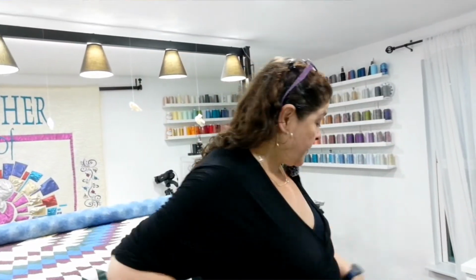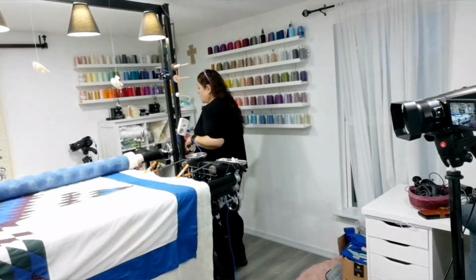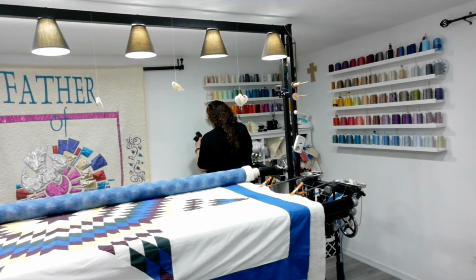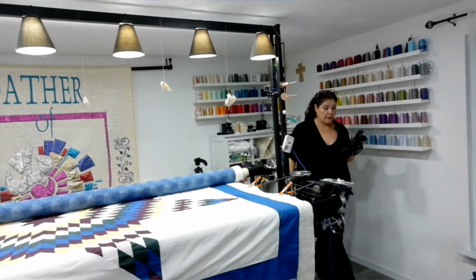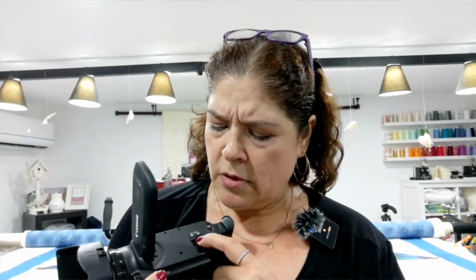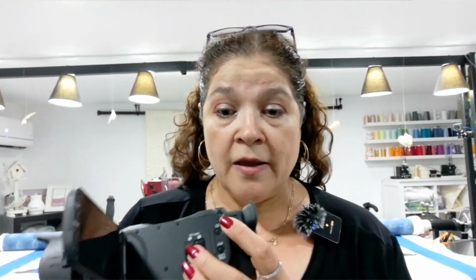Let me move. Let's see if it moves you. And I got this camera. So this is it. It's a great camera, but for some reason, I don't know what it is. Some of the settings, I even used it to film a video because it's supposed to be 4K. It's supposed to be a great camera, where you put the recorder on it. It's supposed to be a fancy pants camera, but because of the switcher,